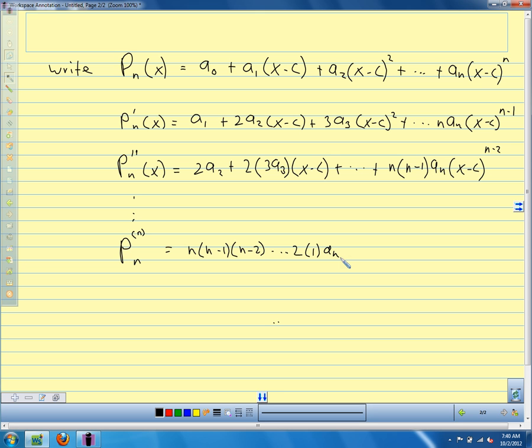And our requirements on our polynomial had to do with when x equals c. So our derivatives and our function had to agree. Our derivatives of our polynomial had to agree when x equals c. That was our requirement. So when x equals c,